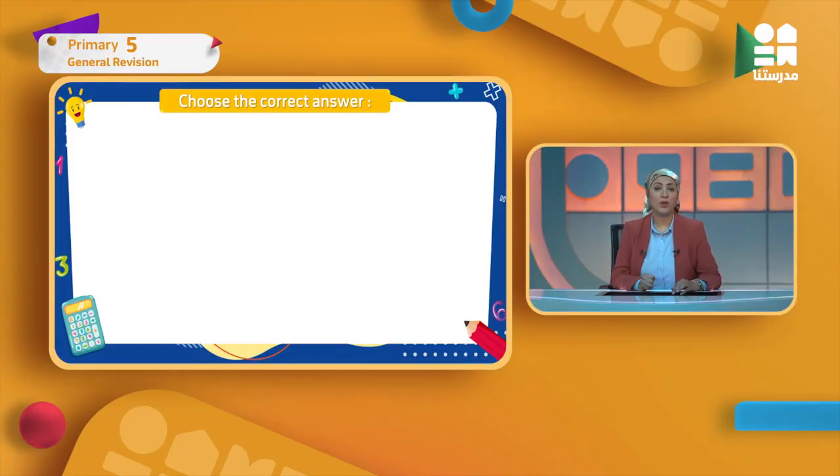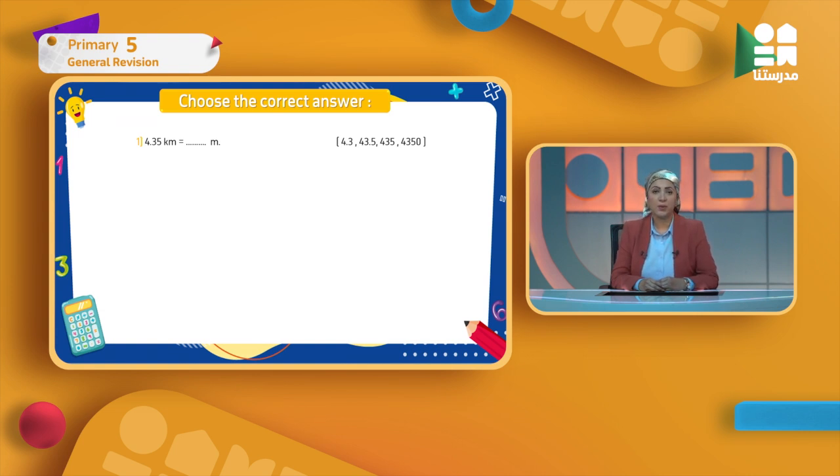We'll start our revision today exactly as if we are in an exam. So, the first question is choose the correct answer. I have some choices in between brackets and I have my questions. If I have anything to work out or to make any steps for, I have to do the steps first and then I choose the right answer. So here, the first question,